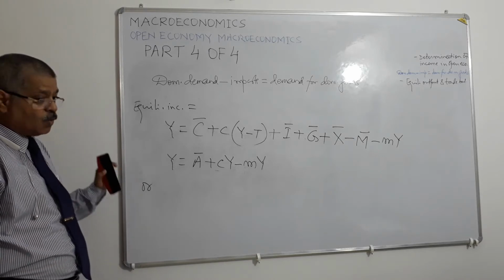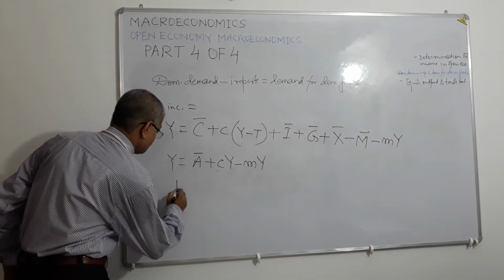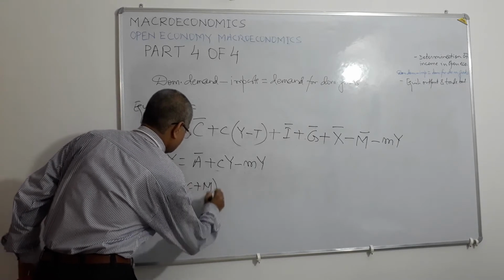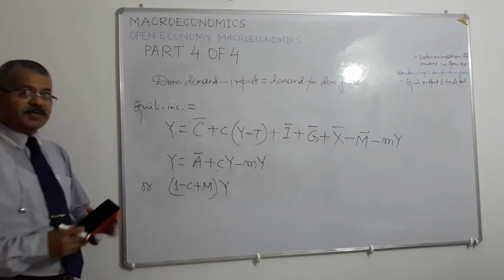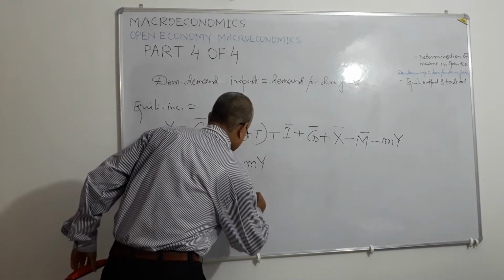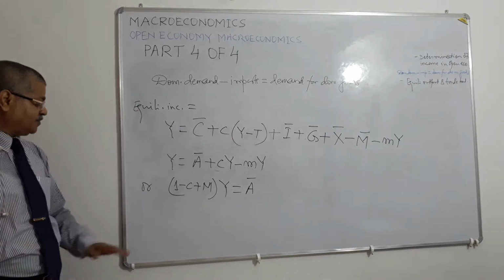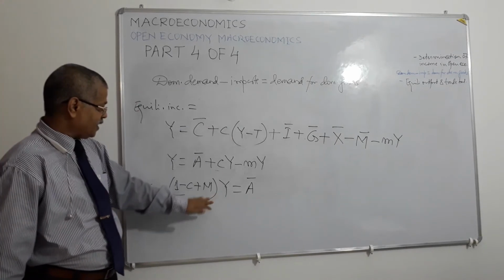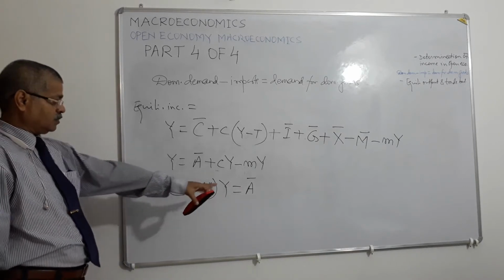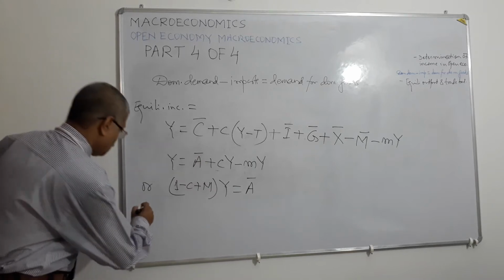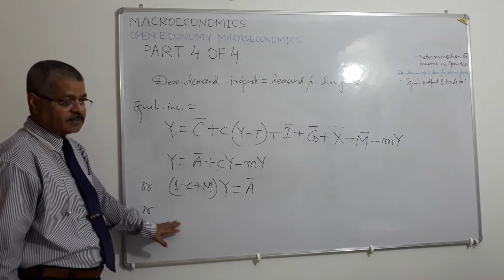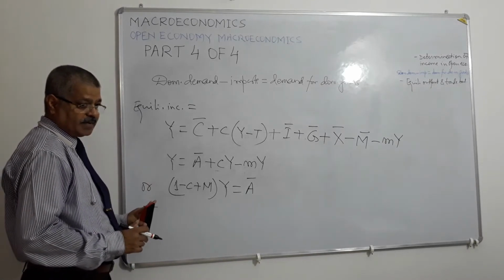How do we write it? 1 minus C plus M, multiplied by Y is equal to A bar, the sum of all autonomous expenses. Or it can also be written like this. How do we write it like this? We can write it like this: